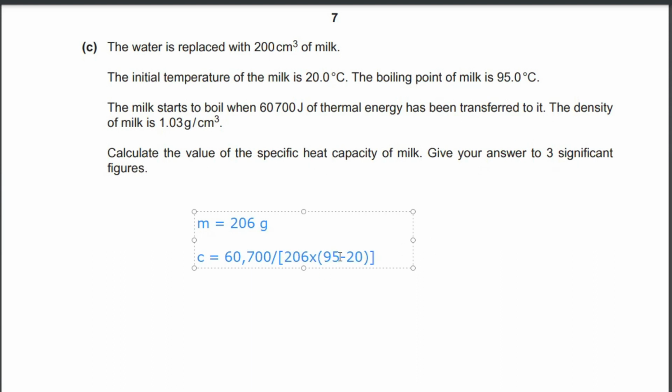60,700 divided by 206 multiplied by 95 minus 20, which is 75. So C comes out to be now 3.93. Now the unit would be, as energy is in joules, so we will write joules, capital J, divided by, the mass was in grams, so we will write G,